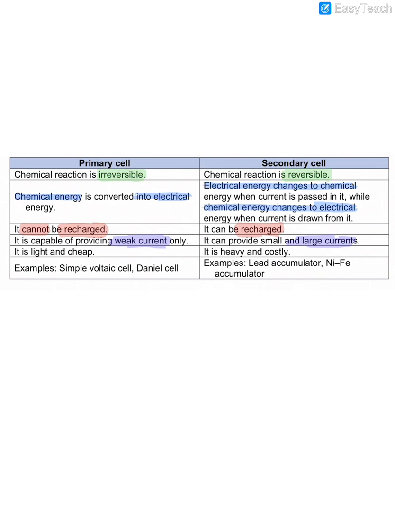And that's the reason primary cells are obviously very light in weight and they are also cheap. If you buy remote control cells, they come for some 12-15 rupees and they are light in weight. Secondary cells are obviously heavy and also costly. The cells we use in vehicles and automobiles are all secondary cells. You might have seen some ads, Amaron, Exide, those batteries.